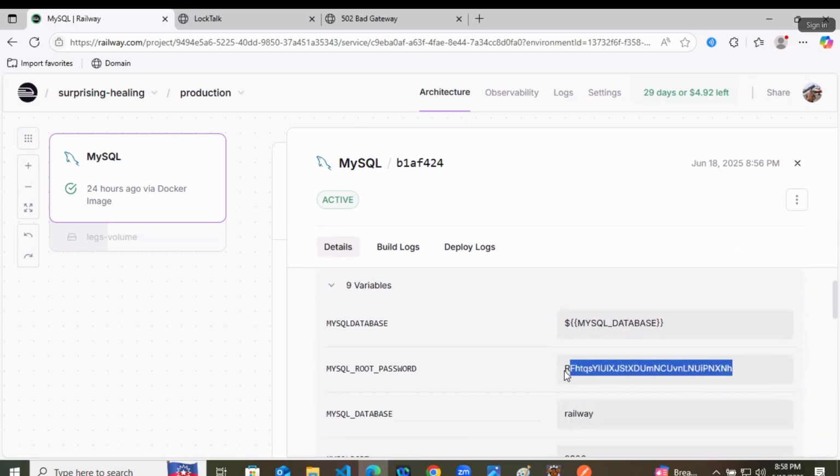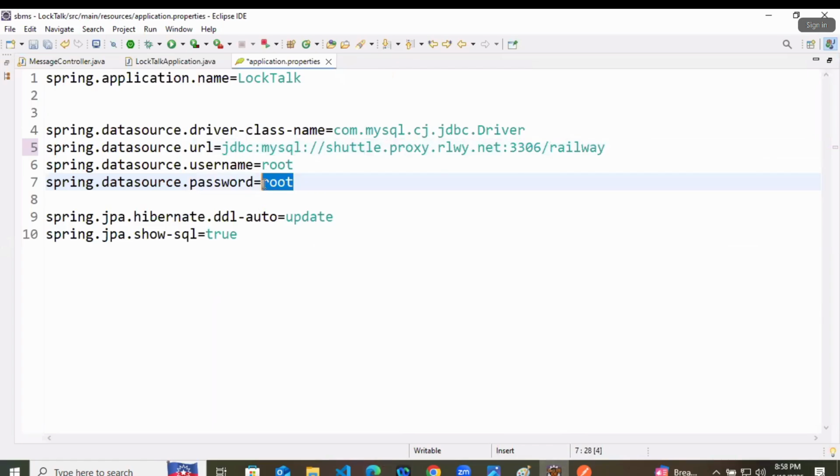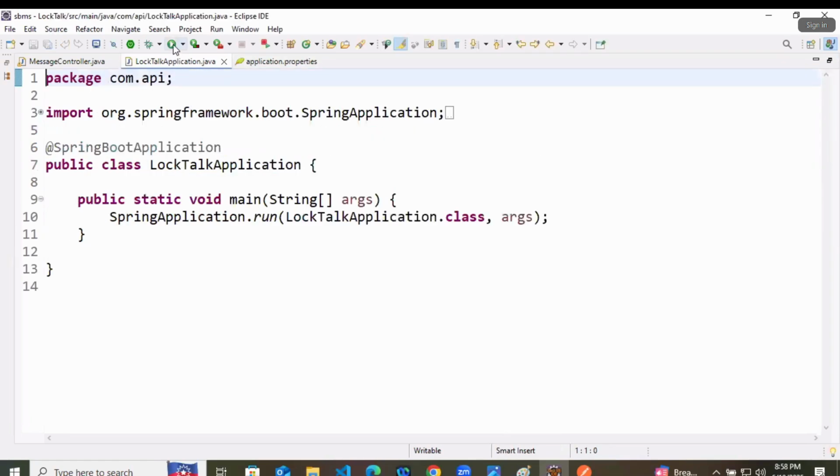So this is the password. I'll copy it and paste here. And please, none of you deploy on my credentials, right? So here we are changing the driver class name, URL, username, and like that. Let's save this and restart the application.